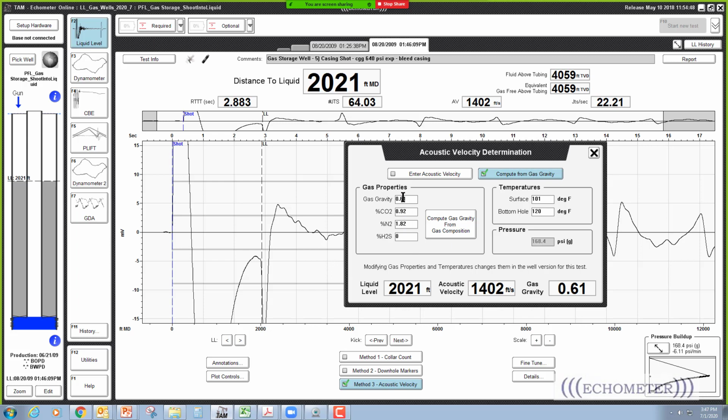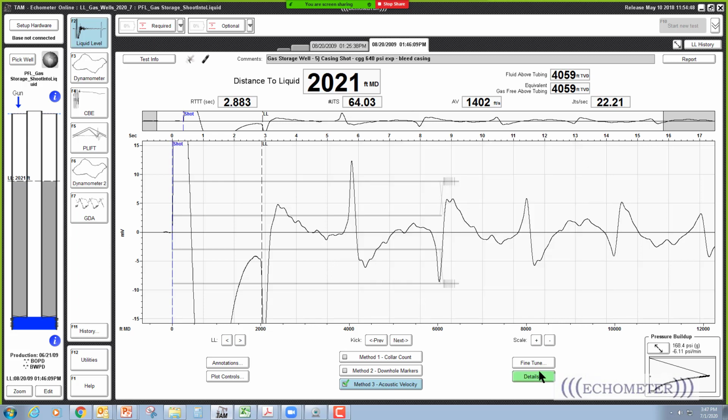It's a 0.61 gas gravity with less than 1% CO2 and 1.8% nitrogen. So that's actually the gas in this well. And so we're going to use the gas acoustic velocity because we can't count collars. And if we turn off the low pass filter,